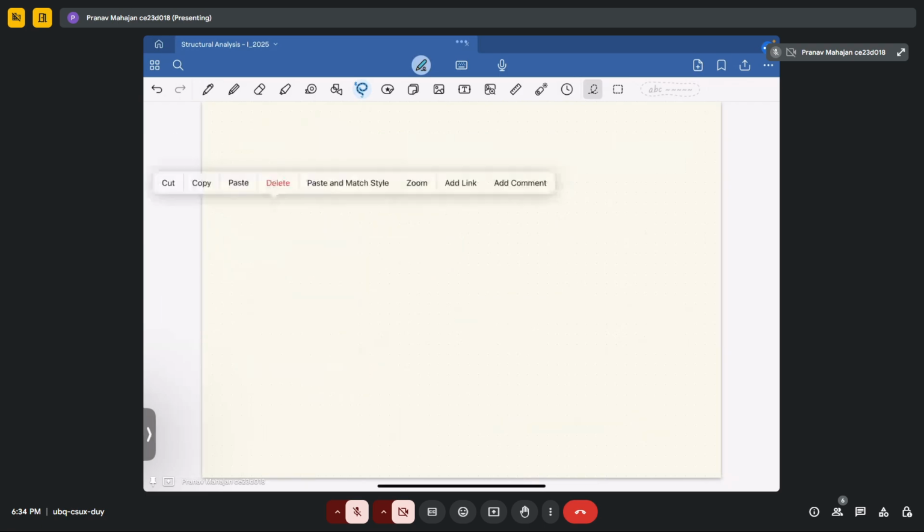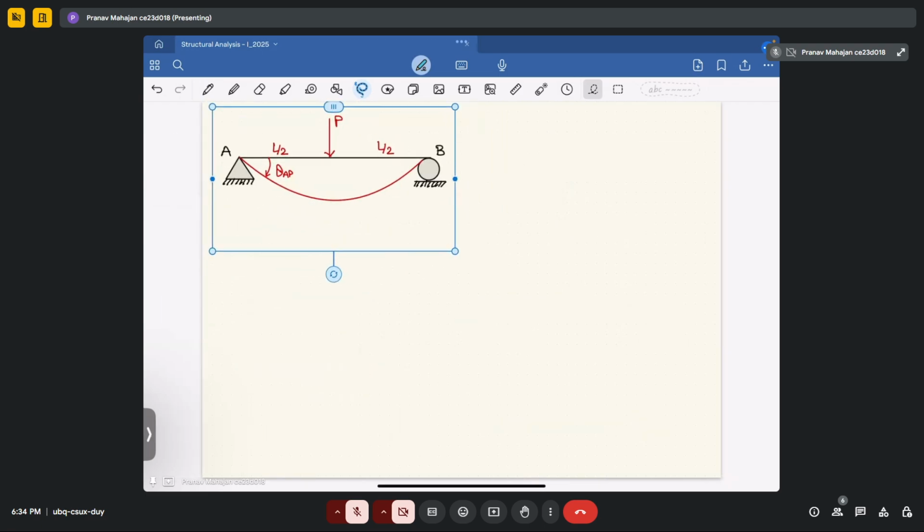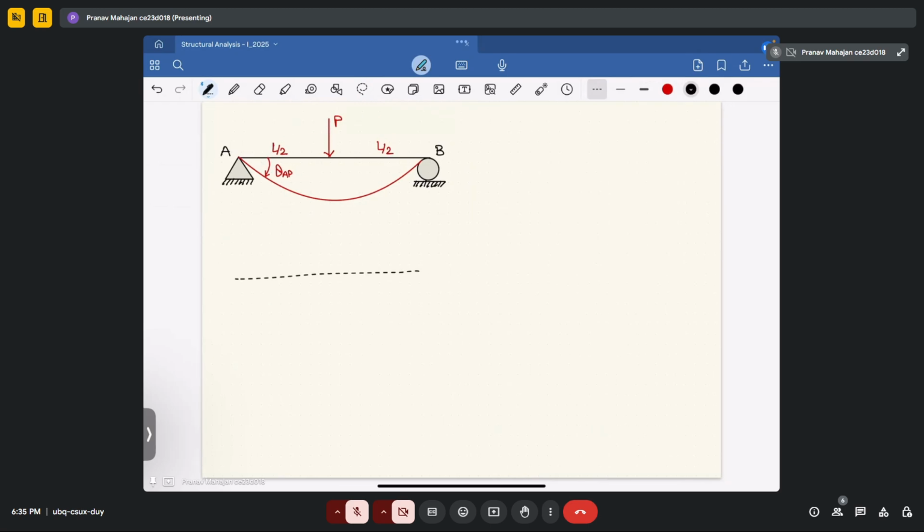So I have copied this diagram in this slide. In this case, if you find the bending moment diagram, how will it look like? If you have to draw the bending moment diagram, how will you draw this? Suppose these are the points where you have to determine the bending moments, and if you draw the bending moment profile for this case, it will look like an isosceles triangle. Fine. So in this case, the maximum value will come as